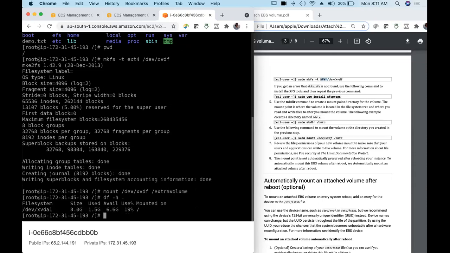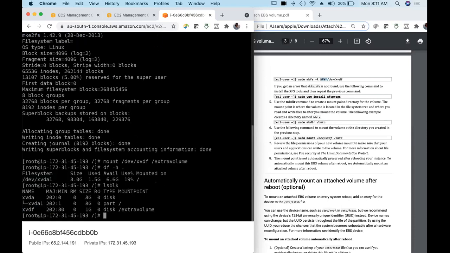Just hit enter. See what I have done. I have created this XVDF 8 GB. It's mounted on this, but I'm not getting this mount point extra volume. Let's say lsblk once. Yeah, here it's showing. I don't know why it didn't come here.